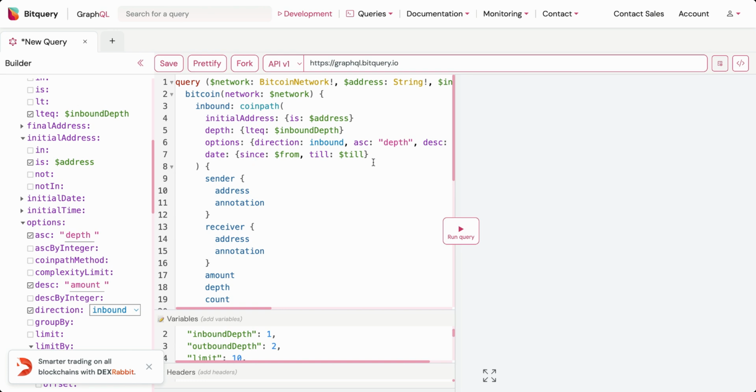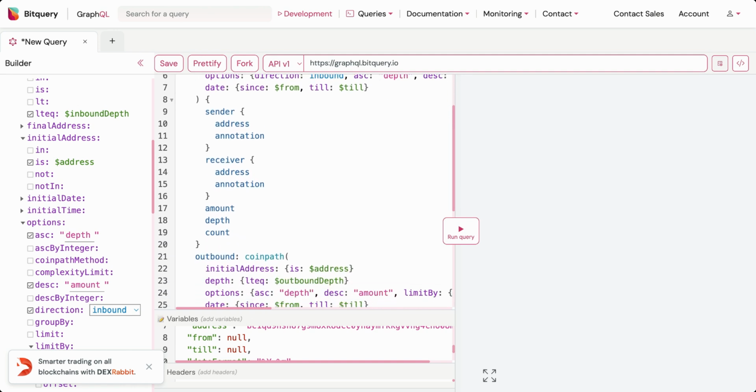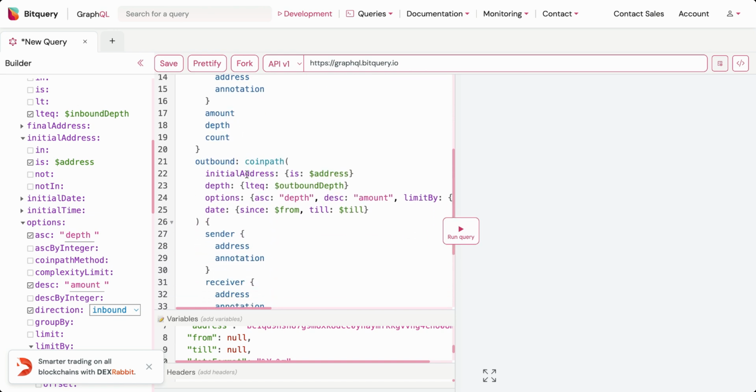Then we'll select the date filter. In this case it's null, so we are considering all dates to be valid. Under that we'll select the fields such as the sender address, the annotation, the receiver address and annotation, the amount, the depth and count. Similarly, for getting the outbound transaction data, we'll select the coinpath option again with the initial address as address,